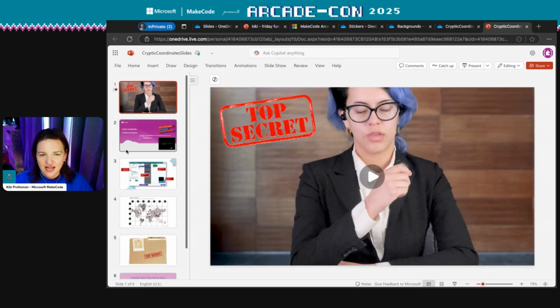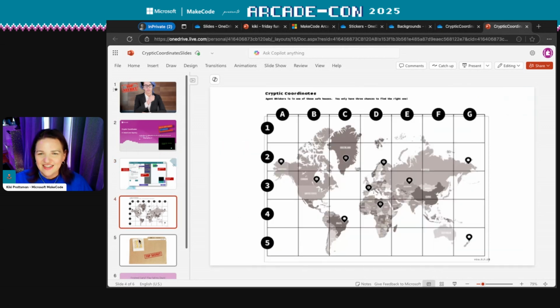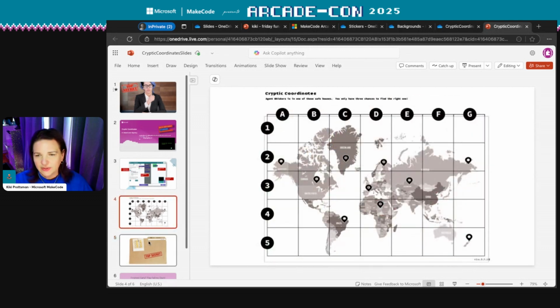And there are slides that they can go into so that they can learn how to use the tutorial that comes with this procedure. And then they do have these two images, which will become useful during the course of this tutorial.